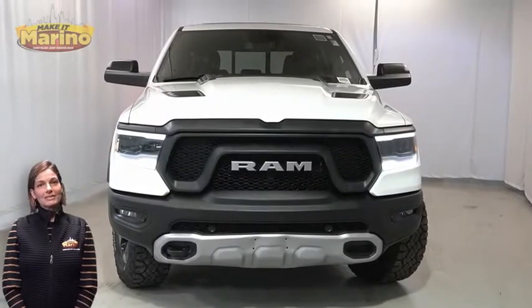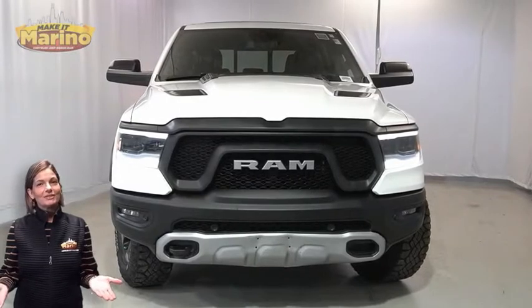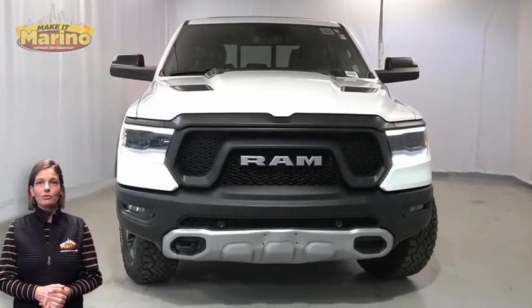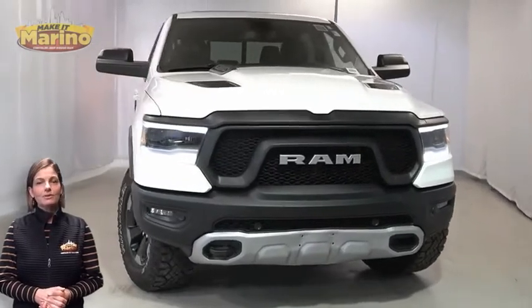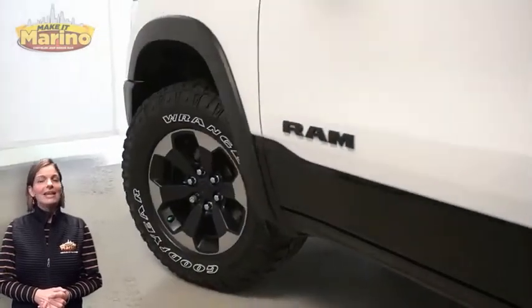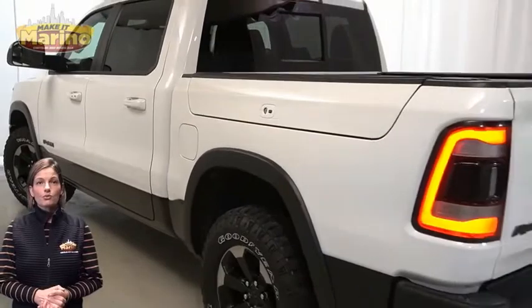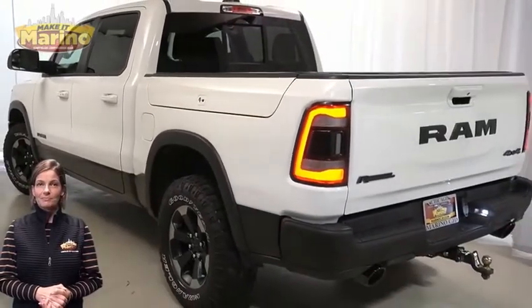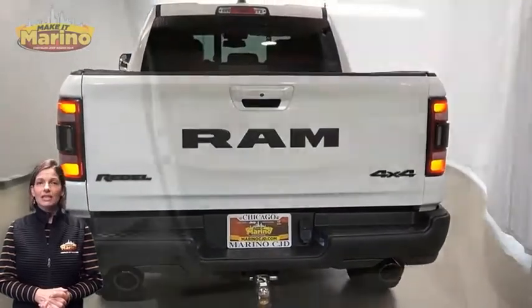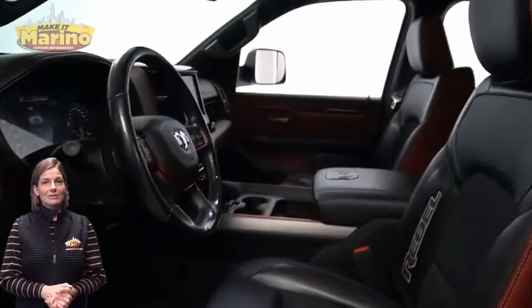Power, performance, capability, and capacity allow you to take on new challenges and adventures. Take a look at this 2019 Ram 1500 Rebel Crew Cab in bright white. With black headlamp bezels, LED fog lamps, 18-inch aluminum wheels, power folding mirrors, RAMBOX cargo management system, LED tail lamps, tow package, heated front seats, heated steering wheel, 49,000 miles on the odometer,